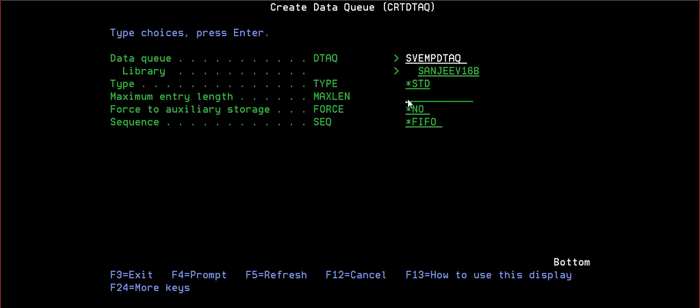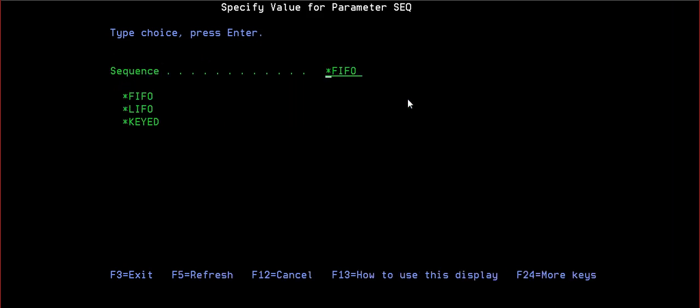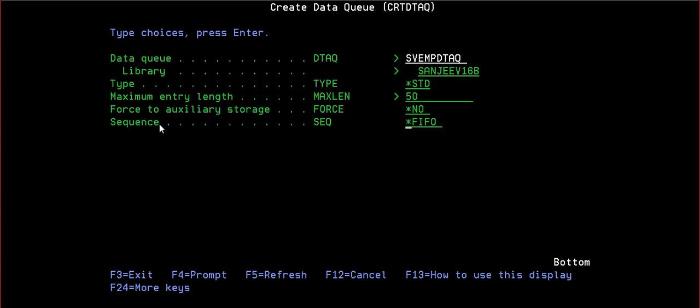Maximum length I can keep as 50. Force to auxiliary storage. The sequence options: FIFO, LIFO and keyed, first in first out, last in first out, and keyed. We will be creating a FIFO.